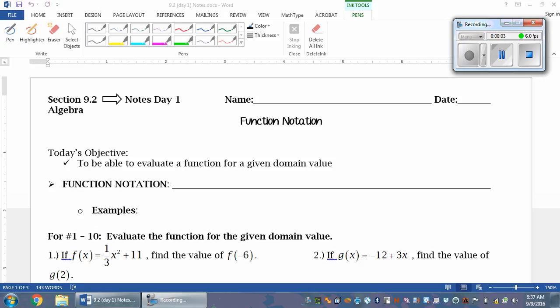Welcome back. Today we're going to be working on 9.2 day 1 notes, which is function notation. First off, we'll start talking about function notation. Write it as